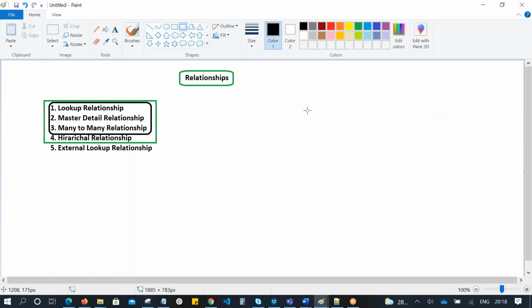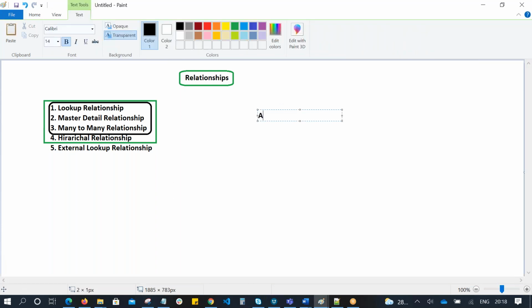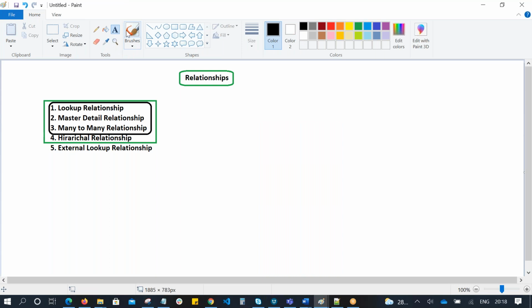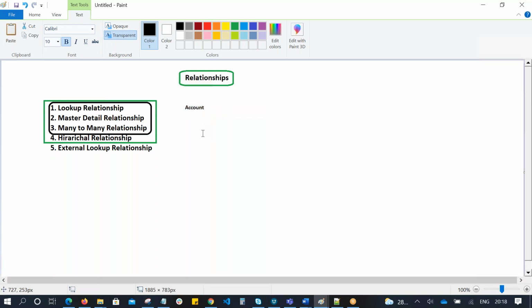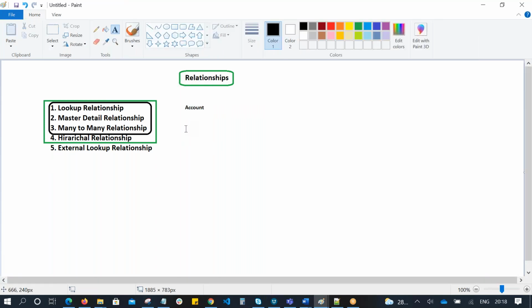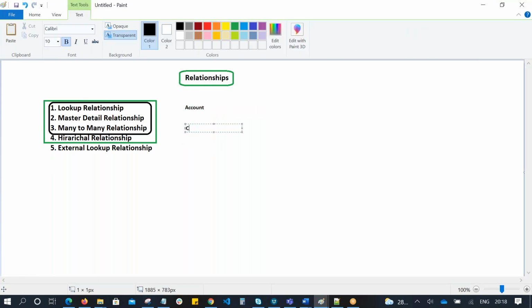Let's try to create an object. Suppose there is a standard object called account, and we have one more standard object called contact.